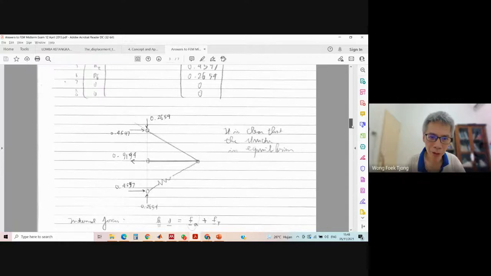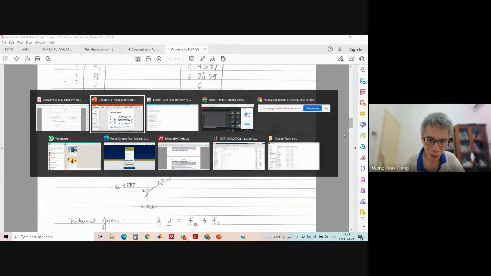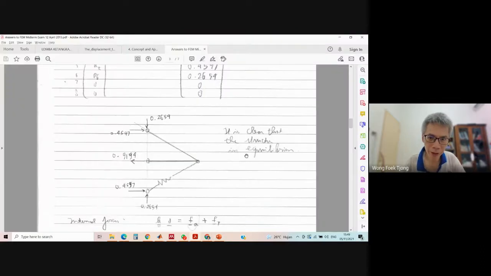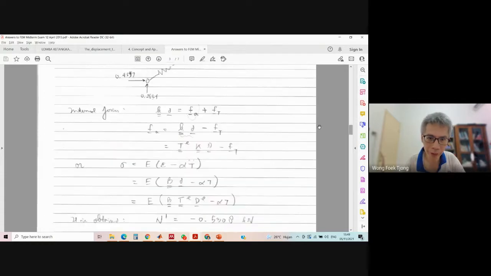So, finished or not yet? Not yet, because yes, we can compute the support reactions already. But how about internal force? You know already, right? We should convert from the global displacement to each element. Okay, so internal force we can compute here because we have equation k d = F_A. We should compute from F_A for exact, right? For exact stiffness equation for exact results.